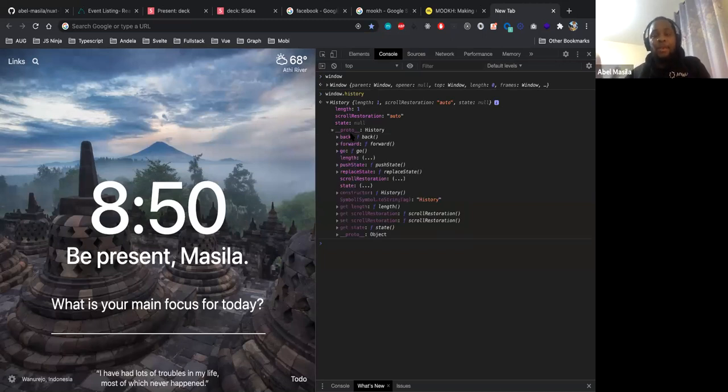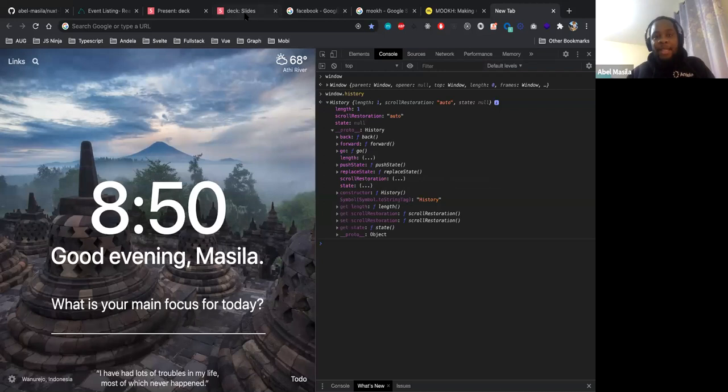As you know, JavaScript is a prototype-based language, so you chain on stuff. JavaScript is not a class-based language, so you need to also check out what prototype-based language means later after the demo. But you can see these are the available items you can use for the history API. You can go back, you can go forward, you can push state, you can replace it, and so forth. This is the history API.